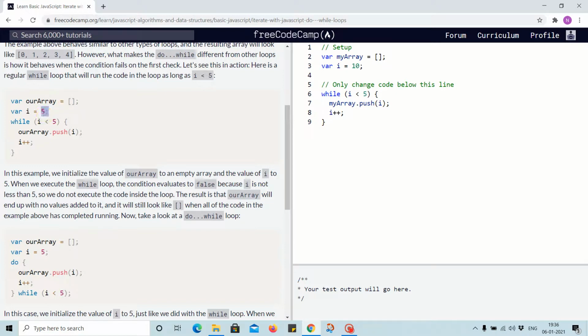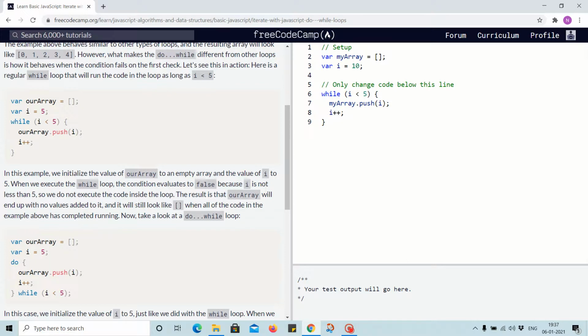When we execute the while loop, the condition evaluates to false because i is not less than 5. So we do not execute the code inside the loop.